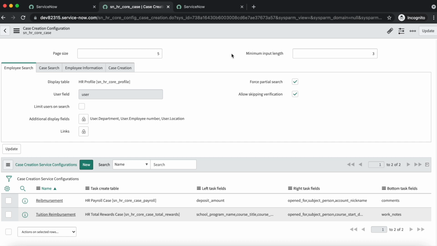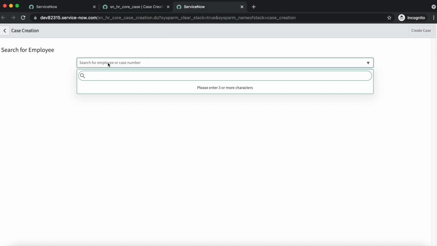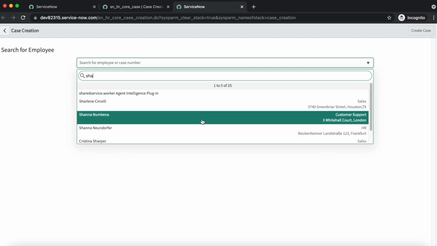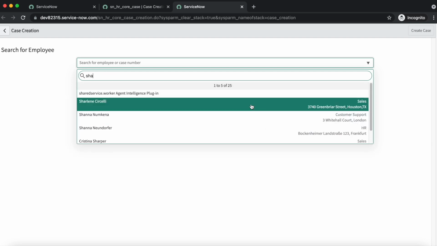Now we will see minimum input length. It is basically the minimum number of characters that must be entered in search for employee to return the details. Like if I am searching SHA, whatever users we have in our environment get displayed.